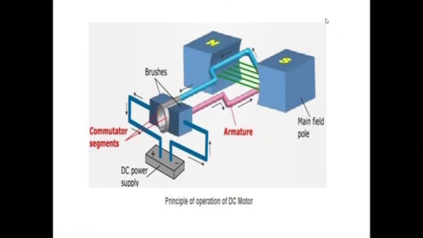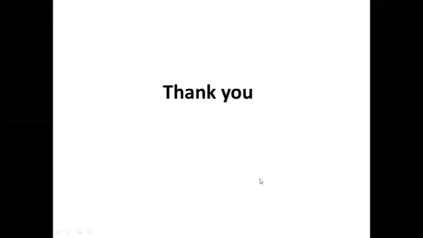Now let me go to the next slide. So today with this session we will wind up. Today's summary is like this: yesterday we constructed the DC machine, and today we understood how we are developing the torque inside that, as well as how we are generating the voltage. Motoring and generating action, and the Fleming's left hand and right hand rule, and the action, and these diagrams you should be very much aware about.